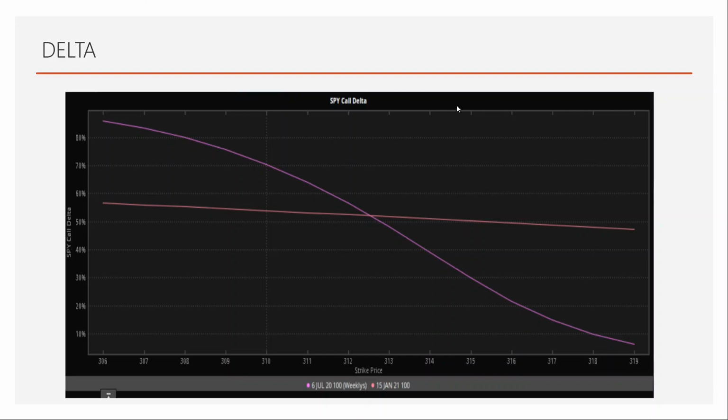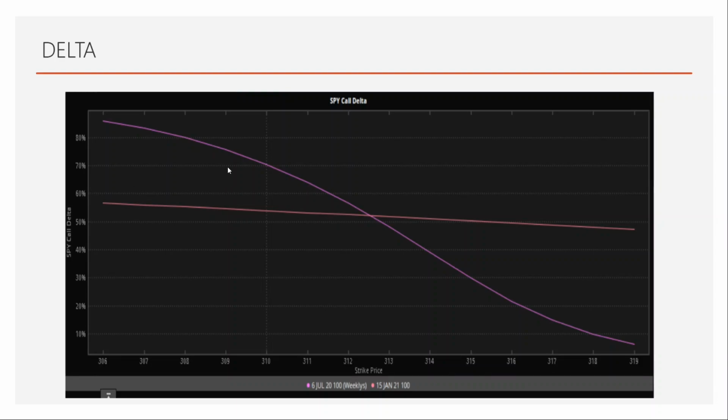So here I have a pictorial representation for delta. This purple line is the delta for near term expiration, that is July 2020, and this orange line is the delta for January 2021 expiration. The x-axis contains stock price, strike price, and the y-axis contains delta value. Alright,